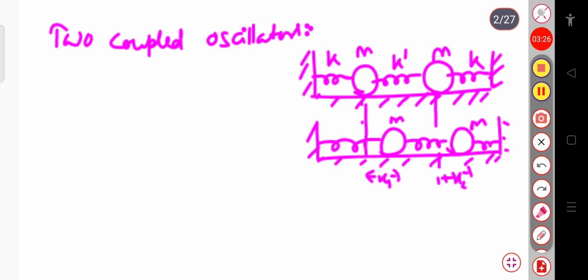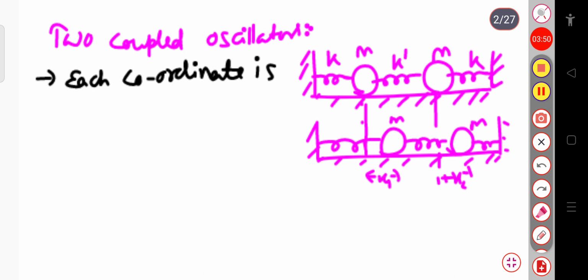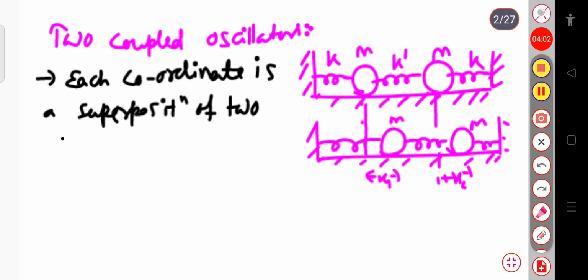The important things that you need to remember in the case of the two coupled oscillator, because questions are basically asked from this part, are these. The first one is that each coordinate is a superposition of two simple harmonic motions. Here I am considering the coordinate. Each coordinate is a superposition of two simple harmonic motions of frequency